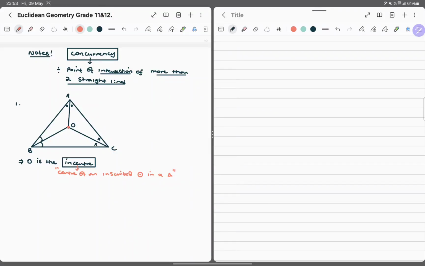So incenter simply means the point of intersection of the bisectors of the angles of a triangle. And it literally represents the center of an inscribed circle. Again, we talk of an inscribed triangle, an inscribed quadrilateral. This time, it's an inscribed circle in a triangle. So what do we mean? We mean that if we draw a maximum circle in this triangle so that it is tangential to the sides,